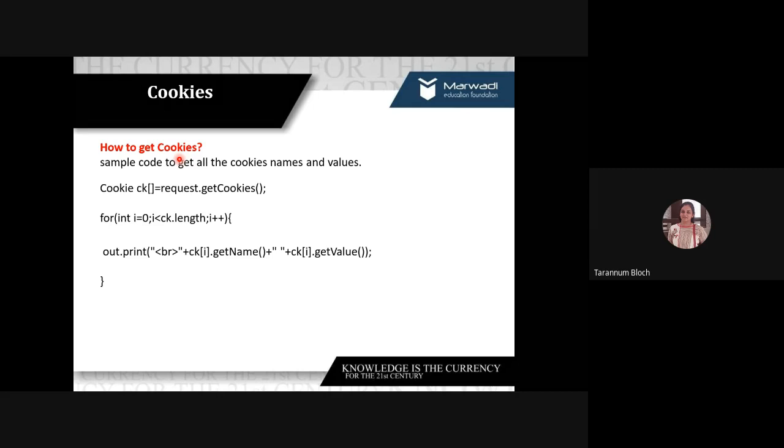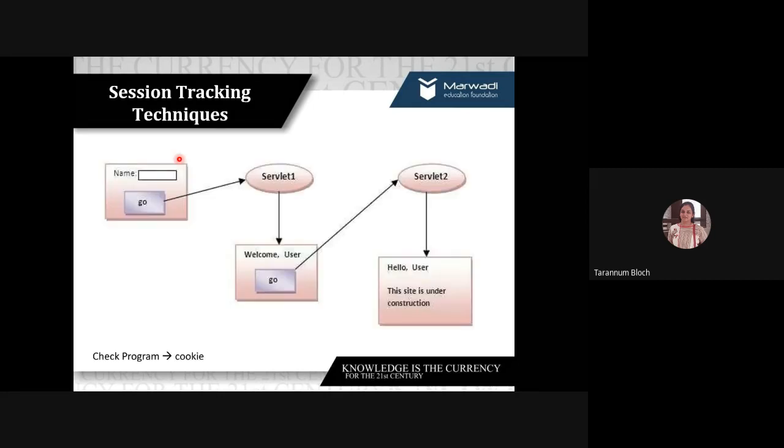Okay. Let us see what we want to do. Look at the diagram. This is the application I'm going to demonstrate. We'll take a text box and we'll take a submit button. This is a form, and inside that a text box and a submit button are taken. Now, when the user clicks on go, we are sending the user to Servlet 1, and we are welcoming the user. So we know that this username can be welcomed using request.getParameter. You can read the text box value. Now we have taken another submit button.